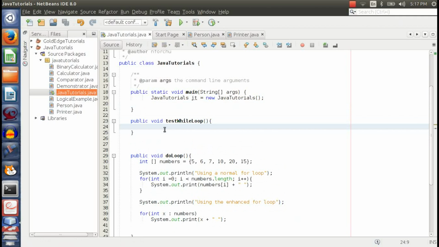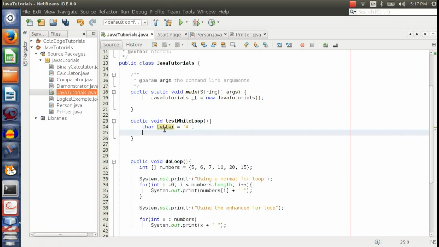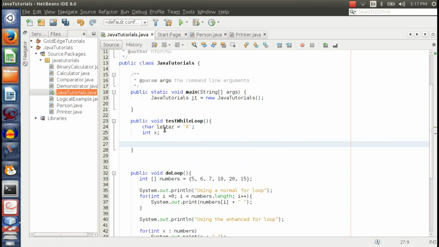All right. So inside this method, I'm going to declare a variable char. You could call it char, anyone. For me, it works. Letter is equal to, and I'll put the character A. And remember, characters are always single quoted, while strings have double quotes around them. Then I'm going to declare a variable here, int x, and down here I'm going to write my while loop while x is less than or equal to